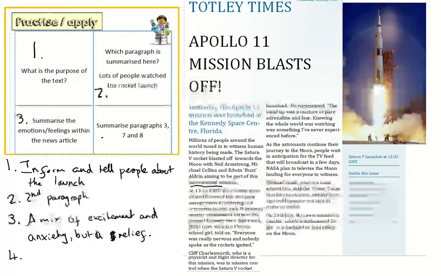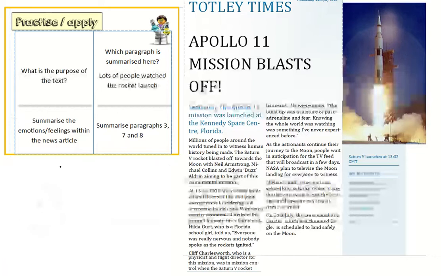And then the last one, number 4, probably going to run out of room actually. So I'm going to try and be clever. Oh yes, and get rid of the answers there. So if you need the answers, just rewind the video. This is number 4, and it's right up here. Man, I'm getting good with this pen, other than my handwriting. So summarise 3, 7, and 8. So paragraph 3. Oh, 1, 2, 3. So we need to try and do this in a sentence.